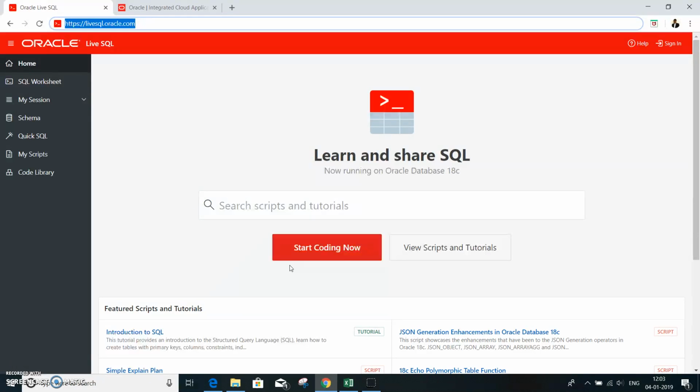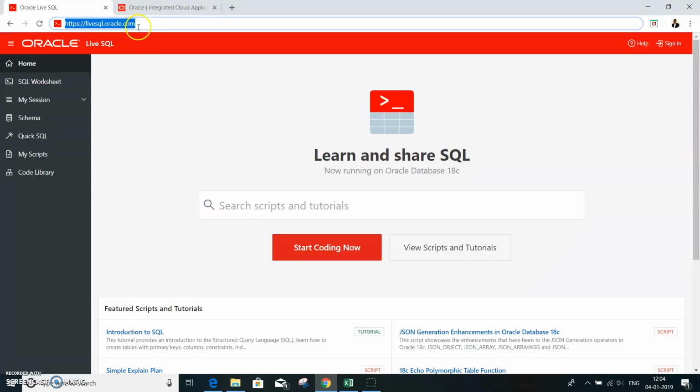But in this case, Oracle has come out with the online option of learning SQL. So in case of the online option, it's a kind of cloud option wherein you can very easily learn SQL.